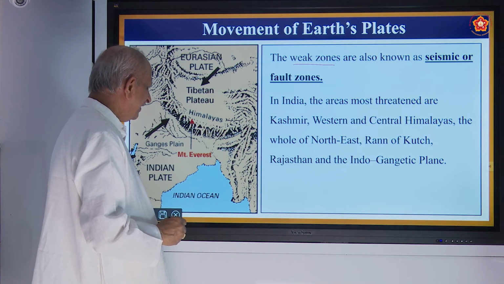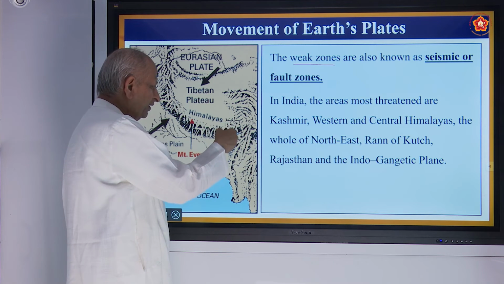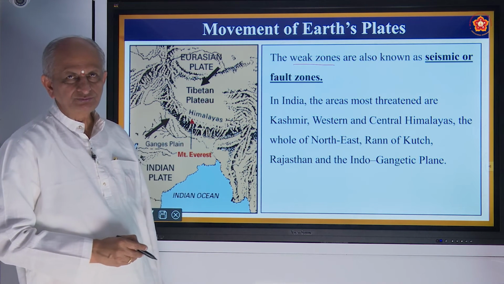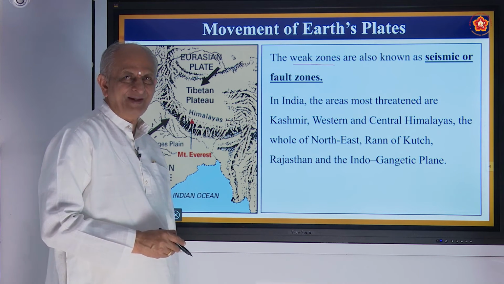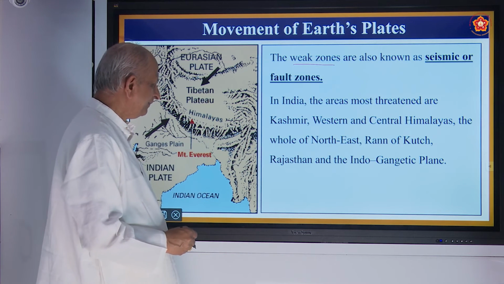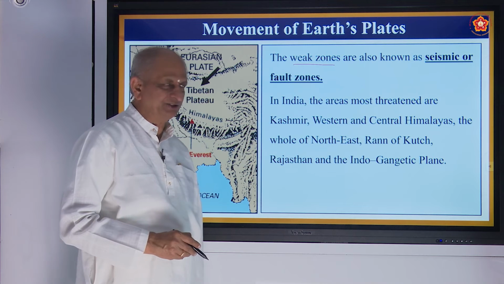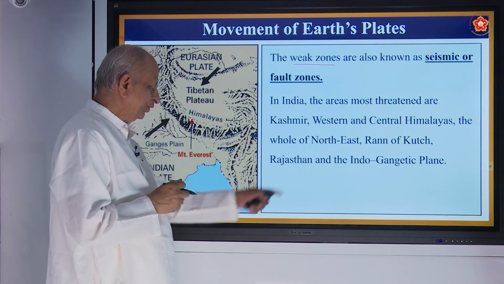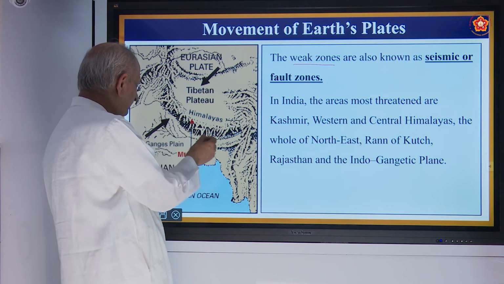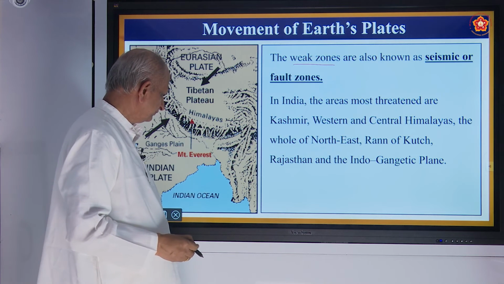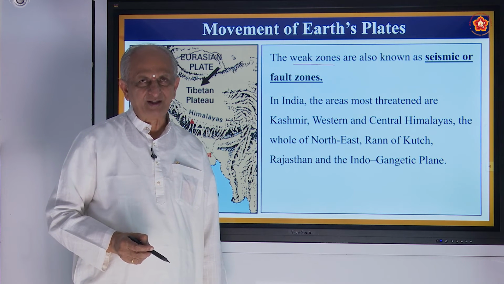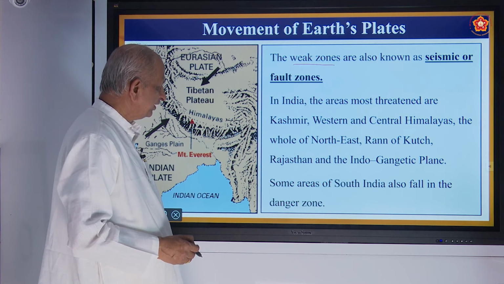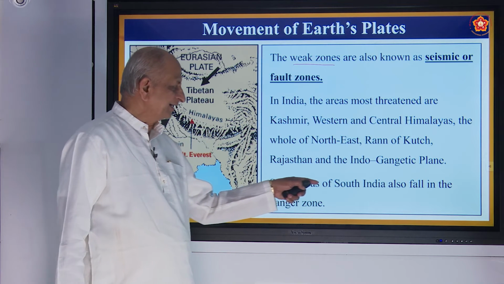And the northeast: Assam, then Nagaland, Manipur, Tripura and all. That place is called the northeast. There we also find the Indo-Gangetic plain, the Gangetic plain where the river Ganga flows. So the earth's crust is a little weaker there. We find some seismic zones,